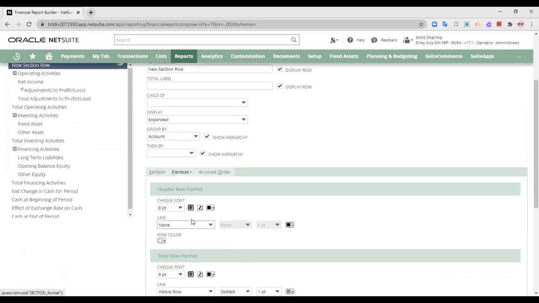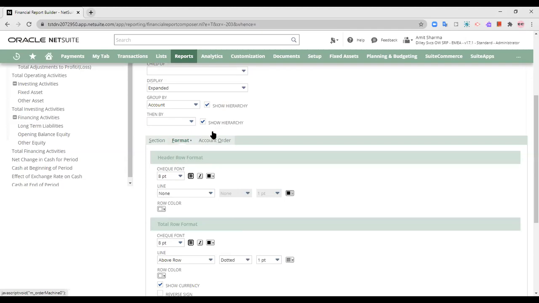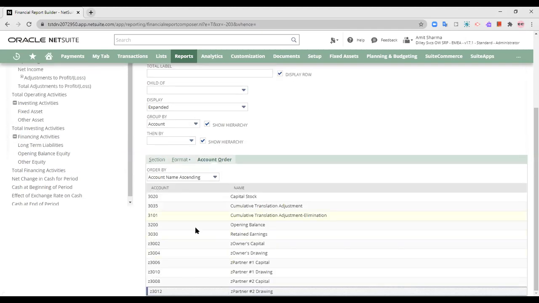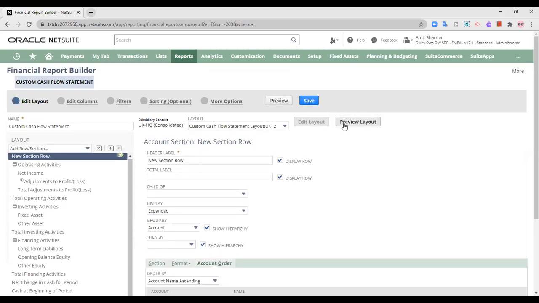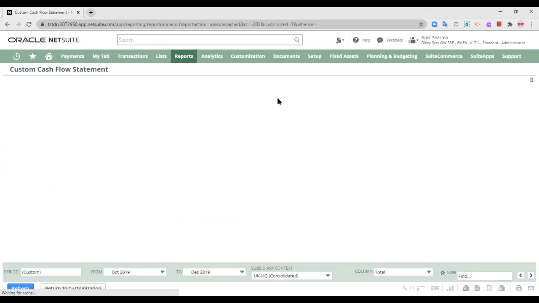Then I can also format in which order I would like to see the accounts within the section. Let us just preview the layout. Just a moment. I would like to preview it from here.